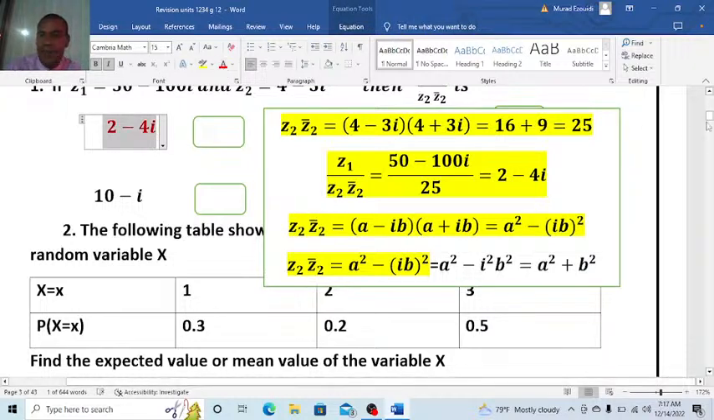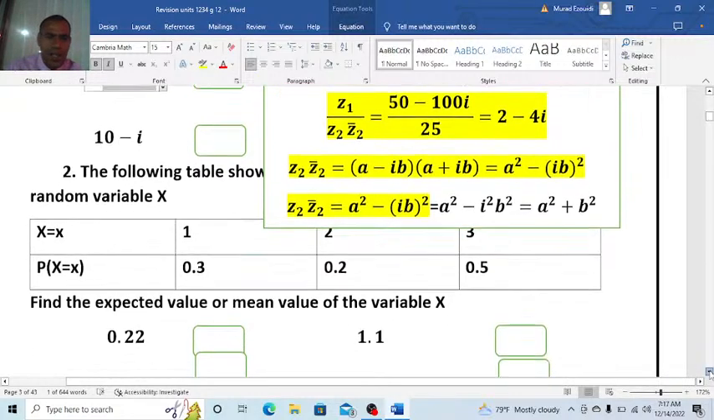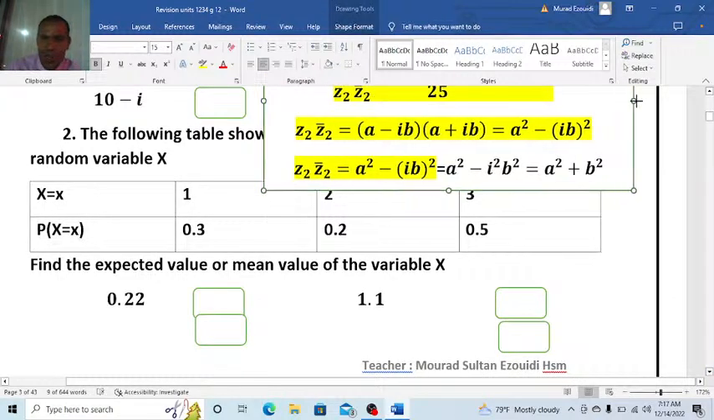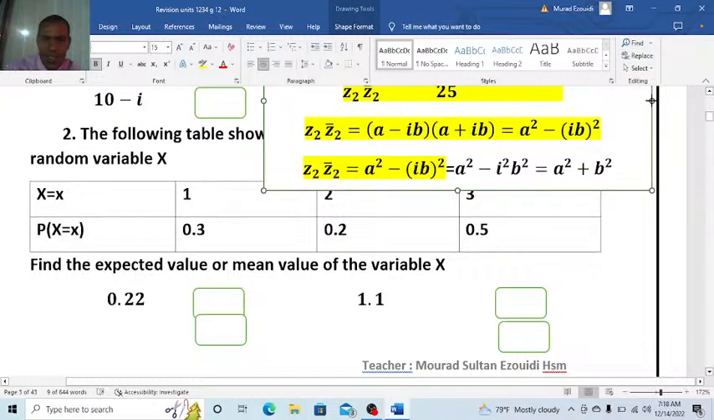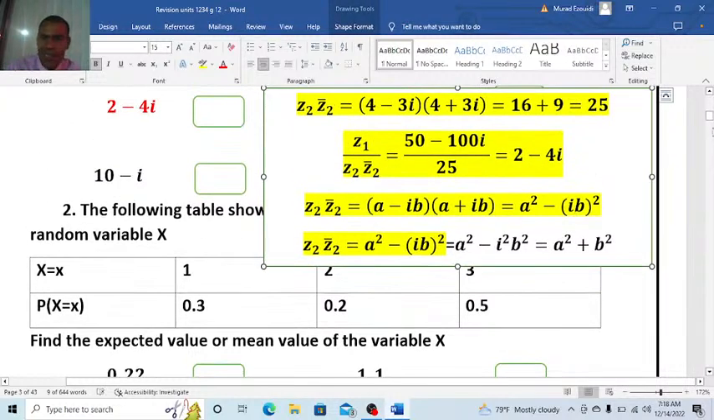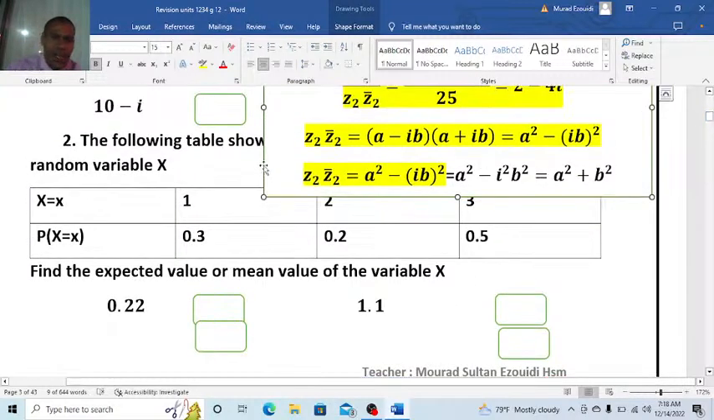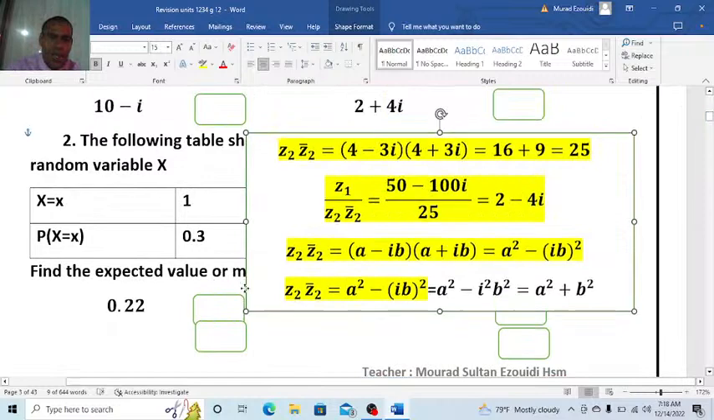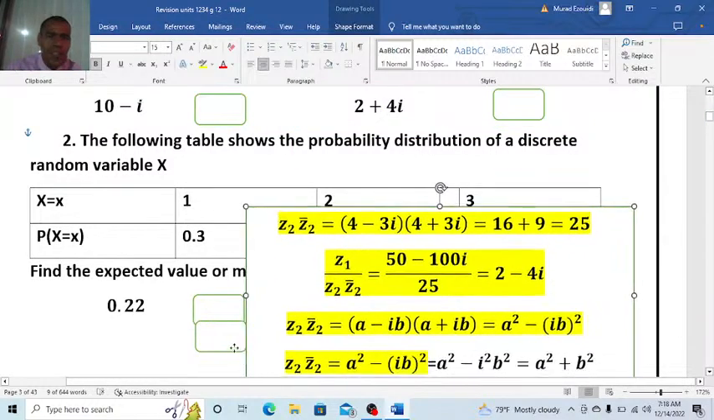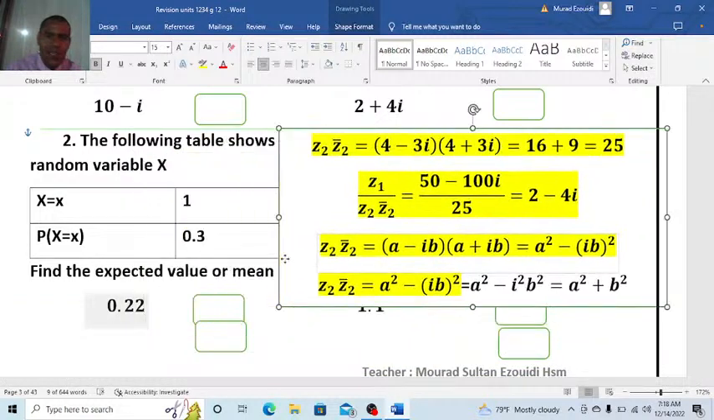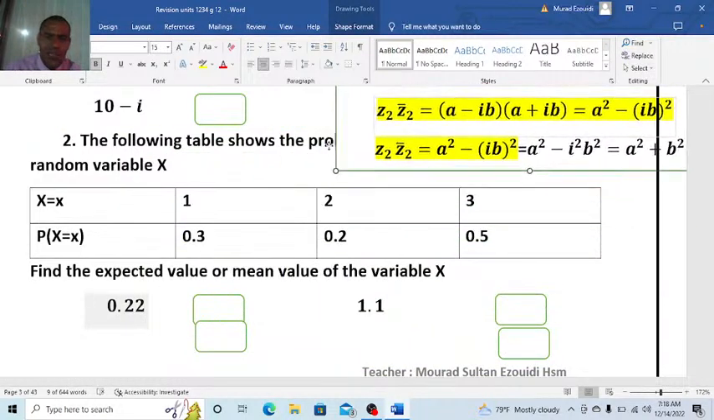Okay, so now we move to the next question. This one I prefer, we didn't reach this question, but I think that we did in the revision for the short test. But I will explain it again if it is possible, of course. Here, the following table shows the probability distribution of discrete random variable x. Okay, now the question is